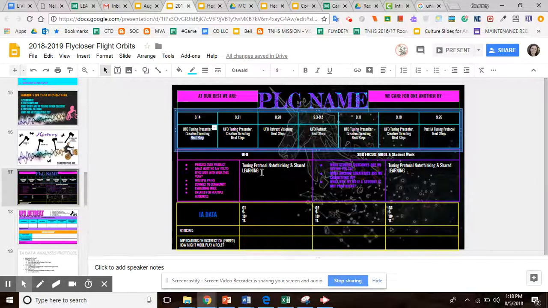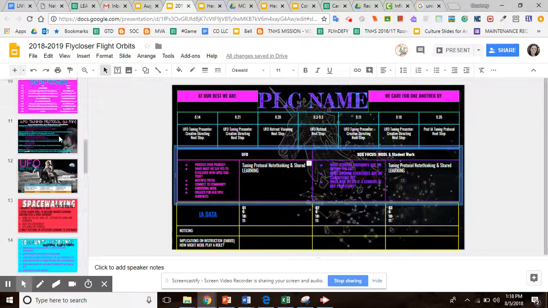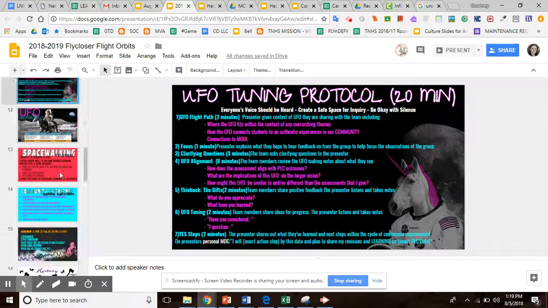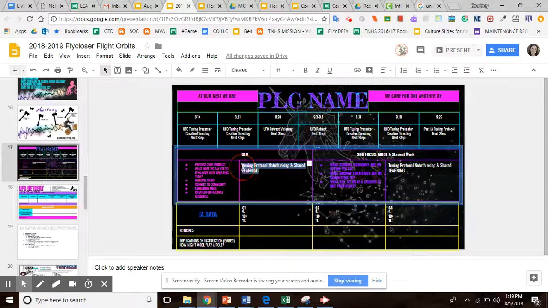So Alex, you had a question about how we use this area for UFOs and for student work. What does that look like? What are we supposed to put in that box? So that is really a spot for shared learning from the tuning protocols. So when you are leading your PLC through a UFO tuning protocol, this protocol right here, and PLC leaders, you should be prepared to lead this process week 2 and start with your own, knowing that it might not be finished, but it'll be something to get your PLC started to think about. This is a spot to put that shared learning and shared thinking in.